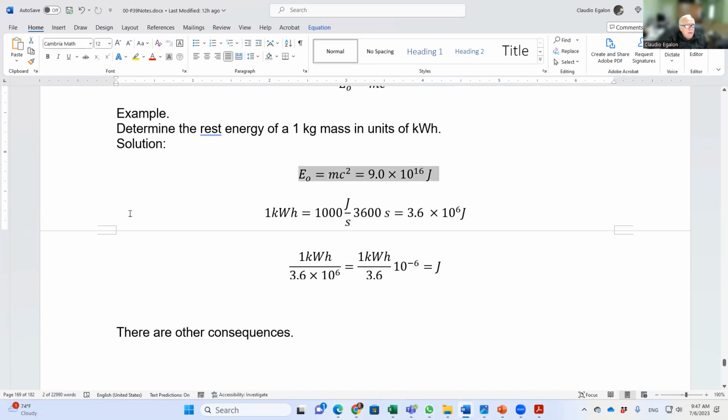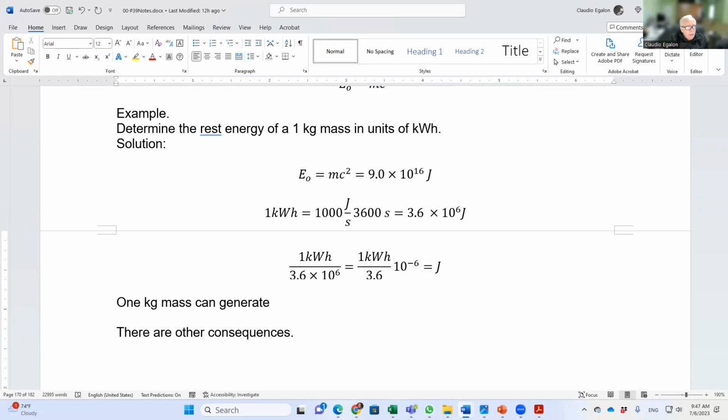Okay, so here you go, for a 1 kilogram mass, 1 kilogram mass can generate, let's see, the above energy